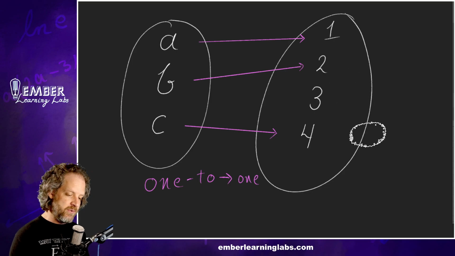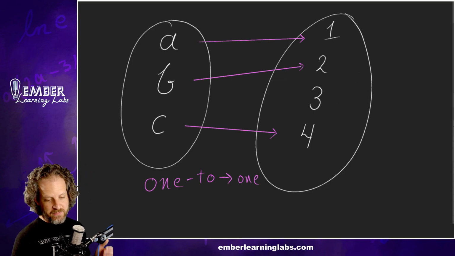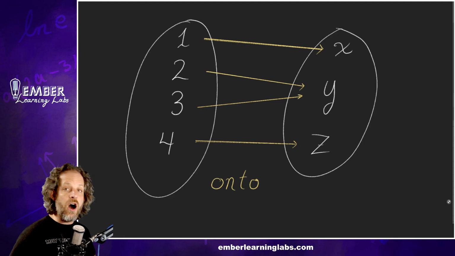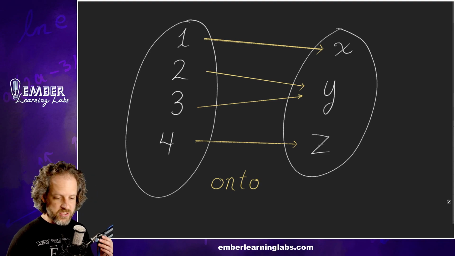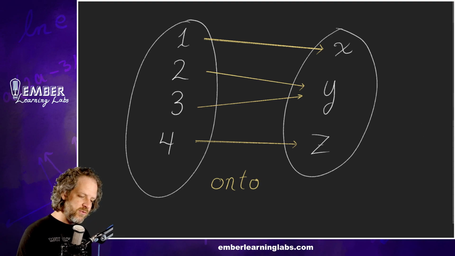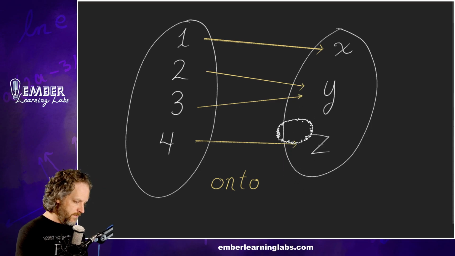Okay, so this right here is a one-to-one function when we have every single piece pointing to an output. Now, the next type of function we're going to talk about is an on-to function. So an on-to function is one where every